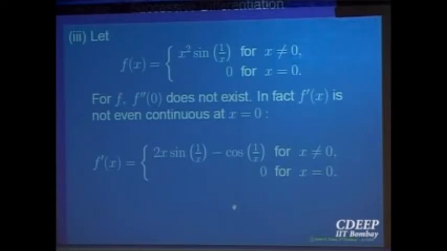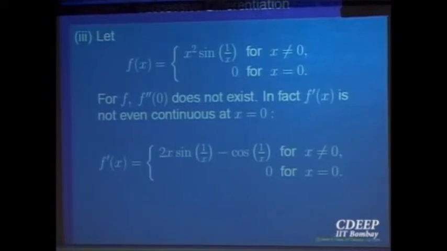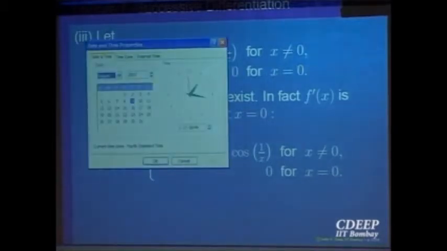The derivative function is continuous, if you are saying f prime of x as x goes to 0 is f prime at 0, then you are making a very strong assumption that the first derivative is continuous, which may not be so. So that mistake should be avoided. You have to compute at the point 0 by definition. There is no other way out of computing the derivative at the point 0. Okay?